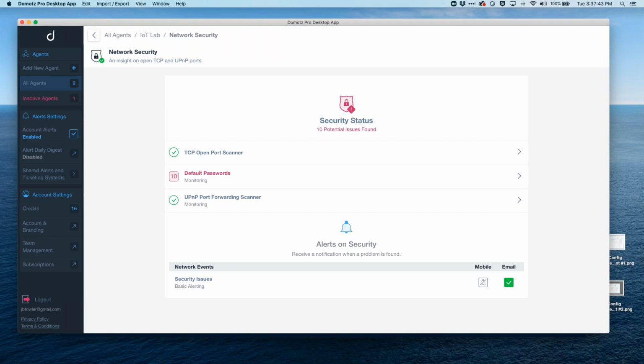We also look from the inside out. So from the agent in, looking back out towards the cloud, we look for UPnP servers. We look for devices that are trying to gain access to the cloud through UPnP. UPnP is a legacy technology, so universal plug and play. I'm sure most of you are familiar with that. But it is the easiest way for devices that are put onto a network to gain access to the outside world. In general, I think most of you know this as service providers, UPnP is typically disabled because it is a fairly legacy technology, but you'll be surprised how many systems, especially smaller customers, smaller clients that are dealing with